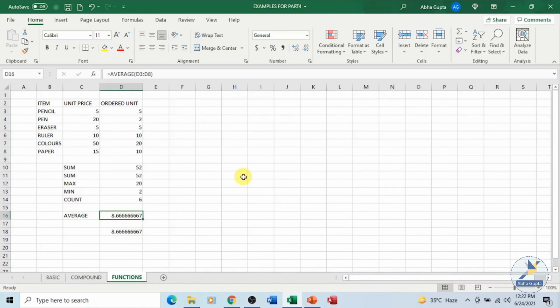Plus we talked about the built-in functions of Excel: sum, max, min, count and average. I would like you to go through these examples once again and try them out on your own, making use of the formulas and the functions which we have discussed over here.